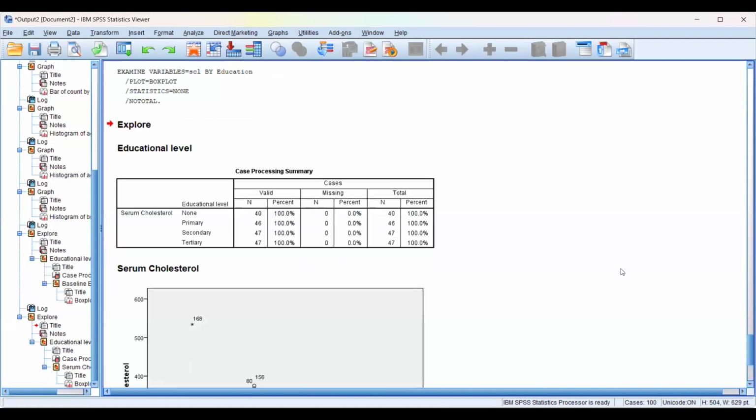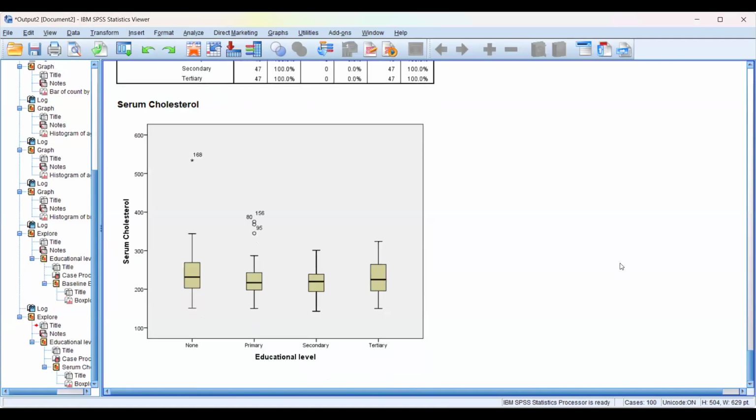Okay, so can we see this one now? This is for the serum cholesterol, and I'm still using educational level. So we have some outliers here, we have some outliers here. This particular one here with an asterisk is what we call a far outlier. It's very far from the normal range that we expect for the others. I'm going to quickly run another one. Maybe I will use for the box plot, let me just use the gender instead of